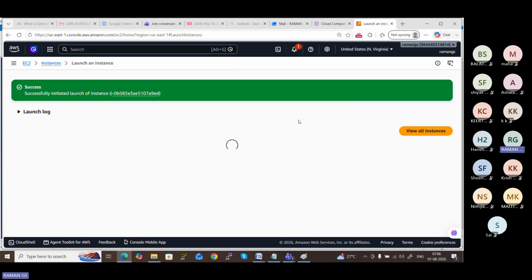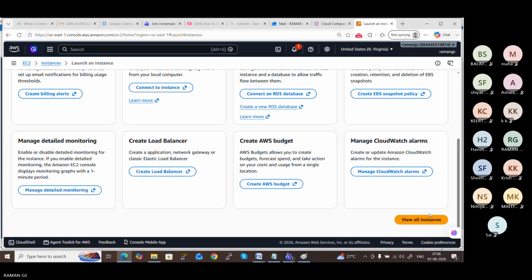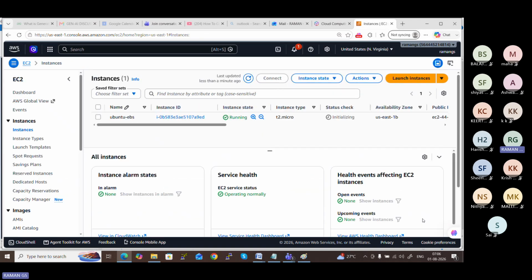When the instance is in running state, we can connect with the instance and verify that we have only one hard disk here. That is our root volume.